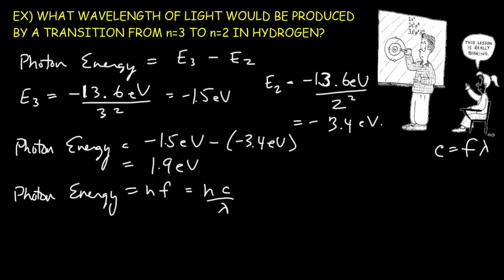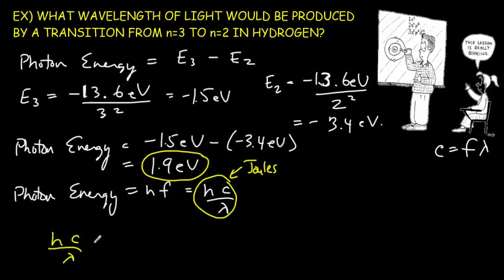Now we have to be a bit careful because this expression is generally given in joules, unless, of course, we decide to write h in terms of eV seconds instead of joule seconds. This expression here is in electron volts. So what we're going to do is convert 1.9 electron volts into joules. And that means we're going to get that h times c over wavelength is going to be equal